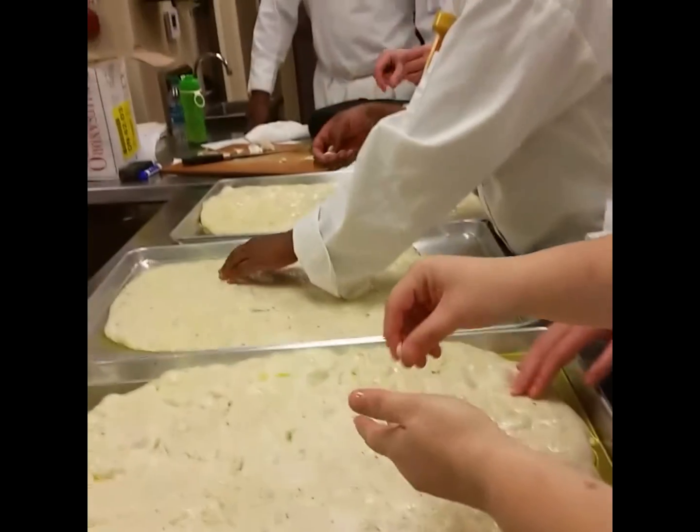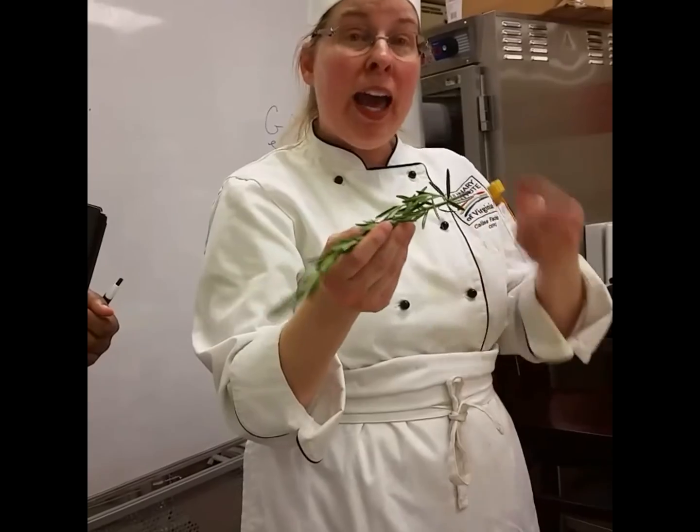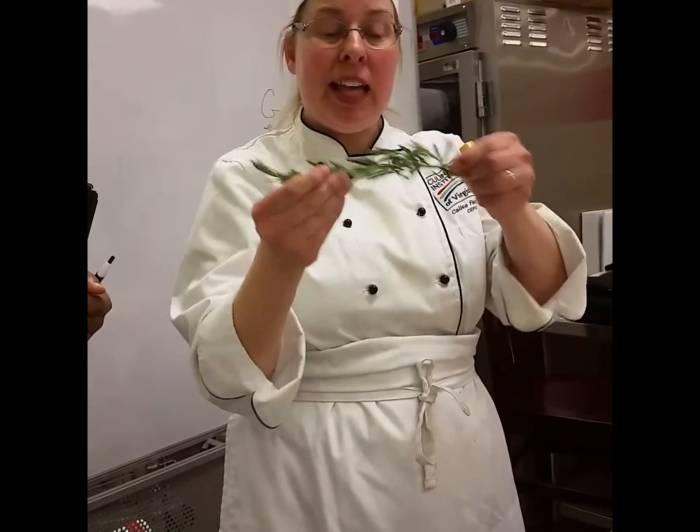Oh, so good. Oh my God, it's so good. They actually grow really. That's ours in the middle looking pitiful. But they're actually bred, they're hybridized to be able to stand up to